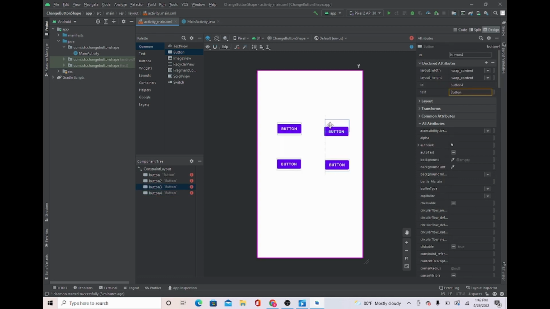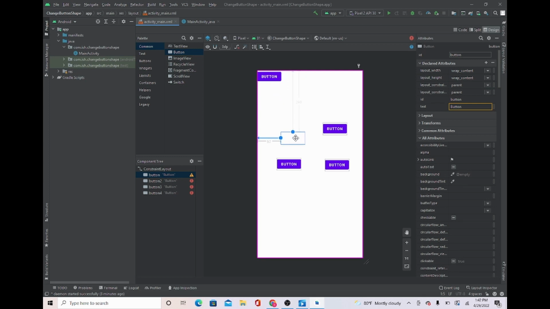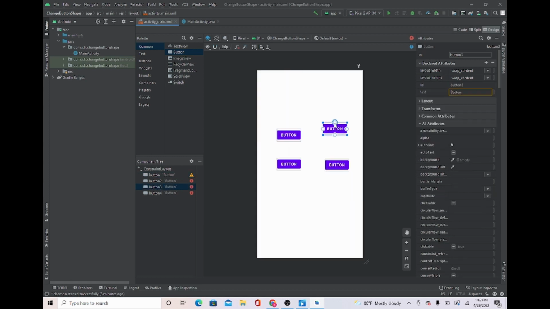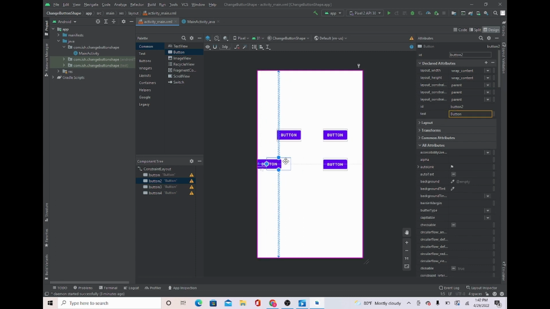So I'm just gonna have these 4 buttons, and I'm gonna customize them in different ways. But first I'm gonna give them constraints because I know Android Studio is gonna say error. So I'm just gonna do this to constraints. Now that that's done, what I'm going to do